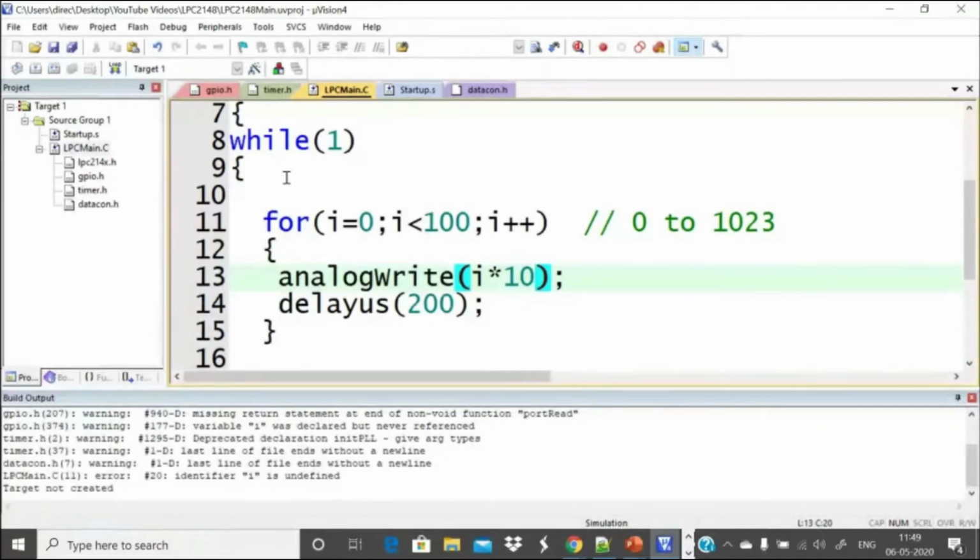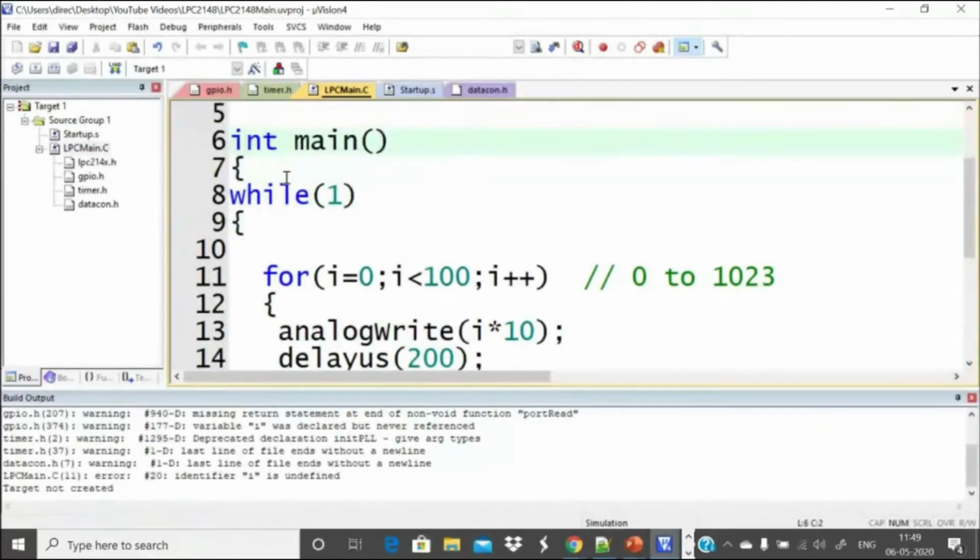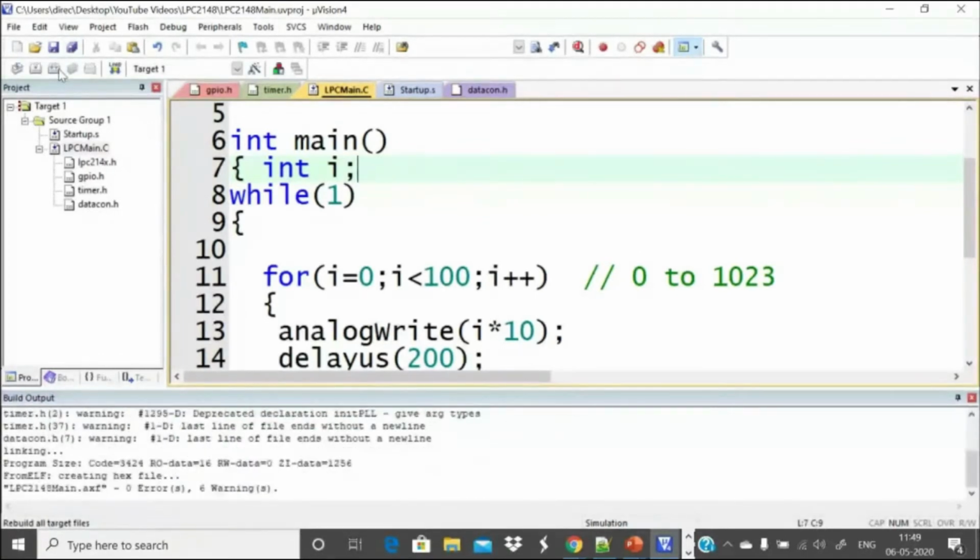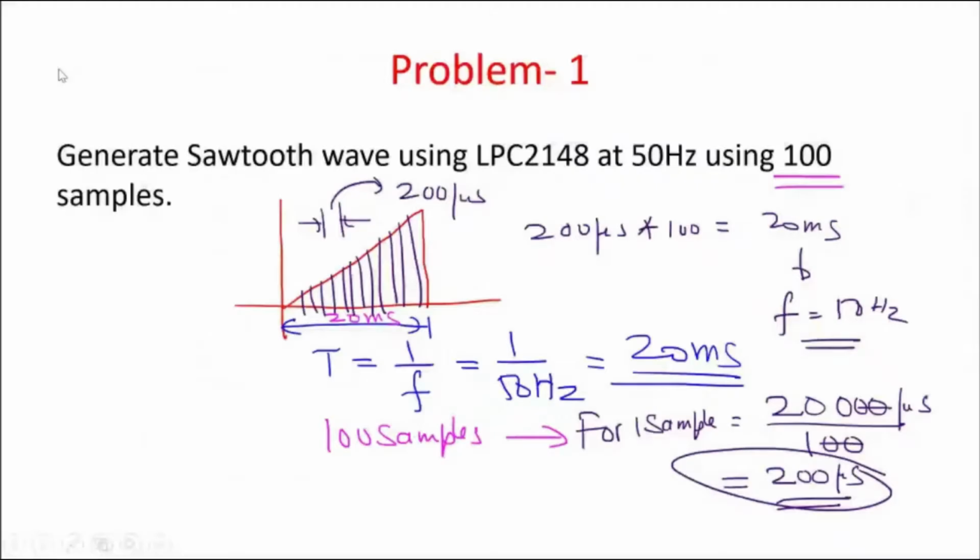i is not defined, so define what is i. Is this concept clear for you? I am putting a for loop, I will write it on the top.